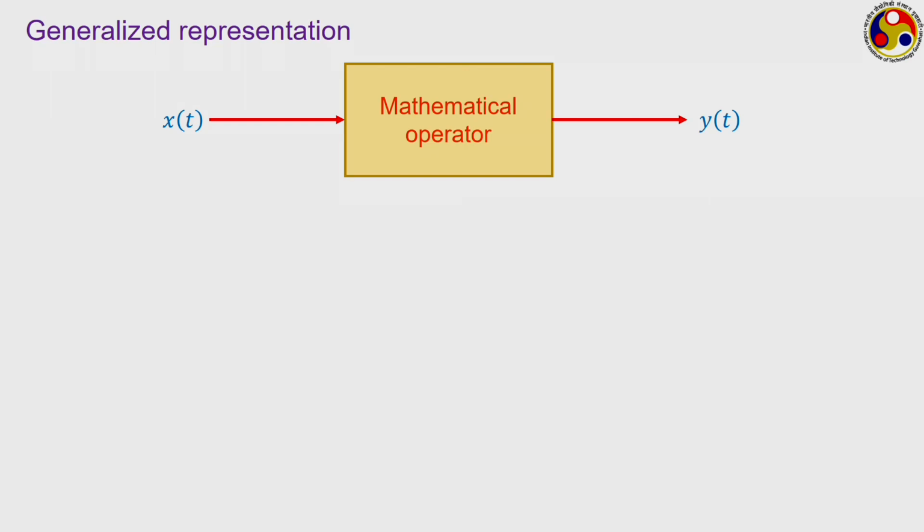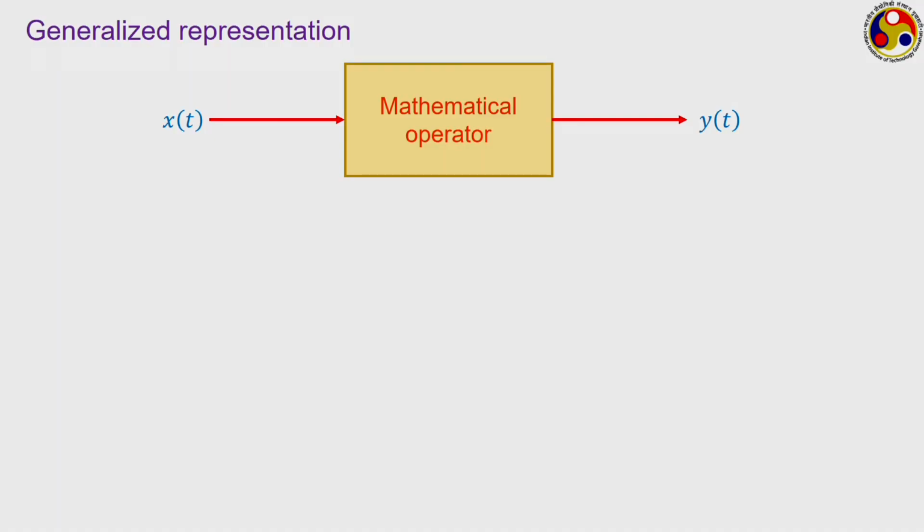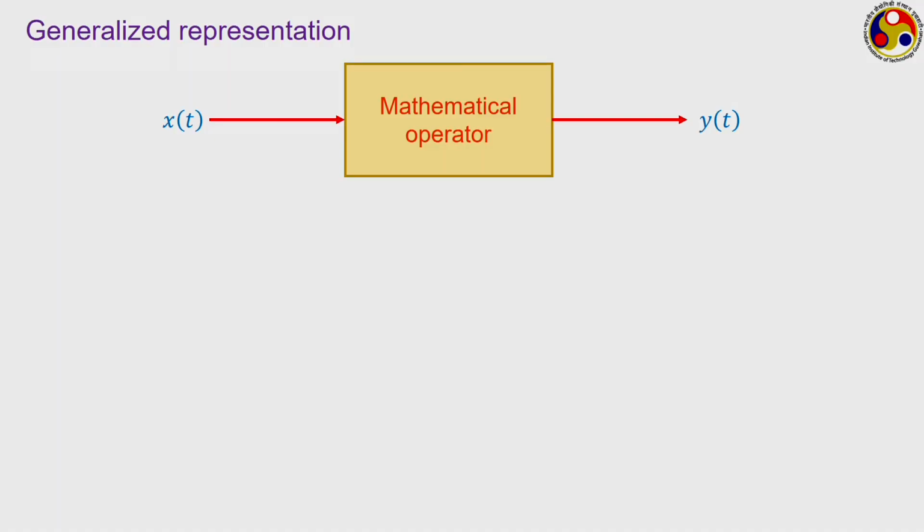So, x is the input that we are considering and y is the corresponding output that we are going to get. Quite often the mathematical operation that is being performed by your measurement system on this x to get the y can be represented in terms of a general ordinary differential equation, which can take a form like this. We can write something like